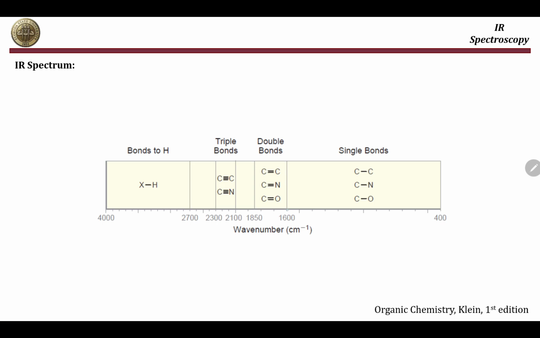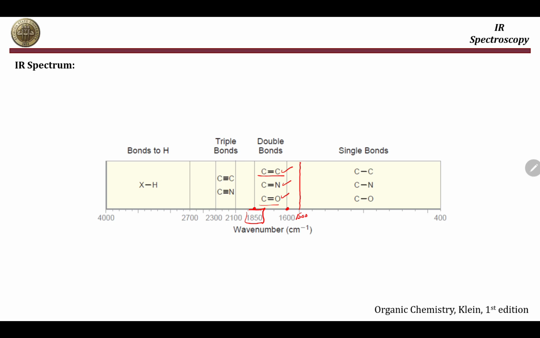Again, starting from 1600 up to 1850, usually the double bonds will appear in this region. So this is the first thing that you have to look at. Usually you have to draw a line at around 1500 and then look at the peaks starting from 1500 up till 1850. If you have any peaks in this region, these usually correspond to a double bond. Now we will tell you later on how to distinguish between, let's say, a carbon-carbon double bond and a carbon-oxygen